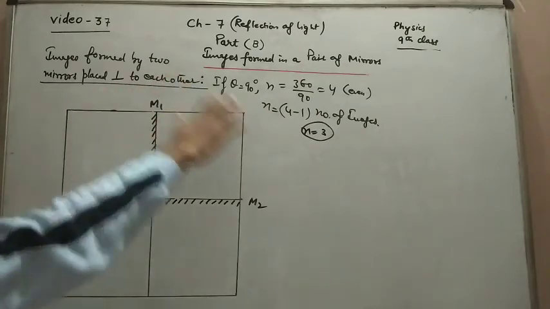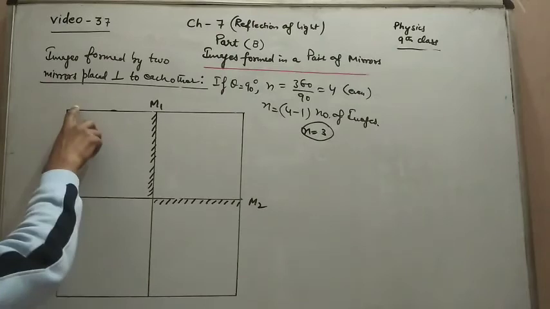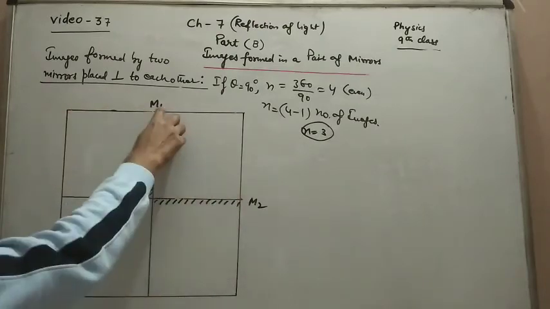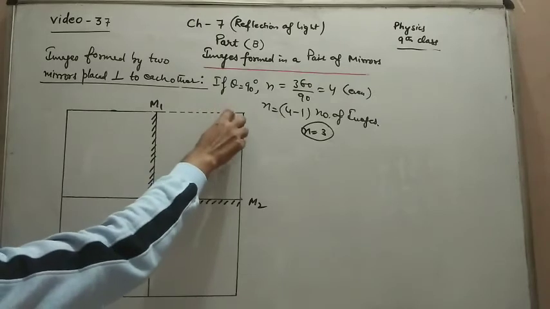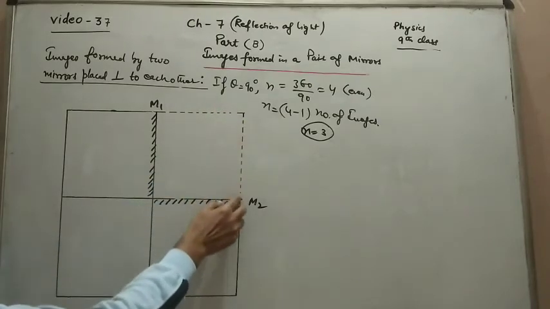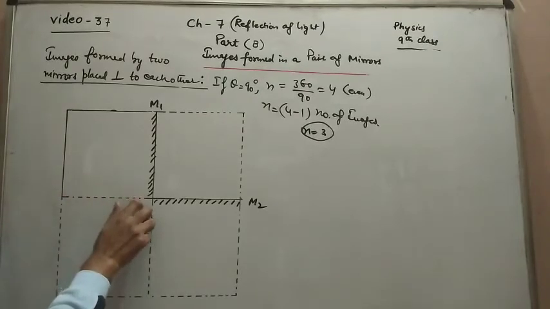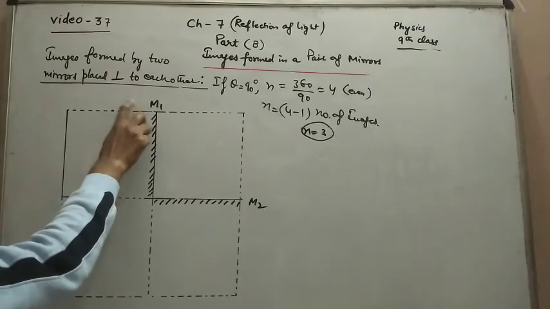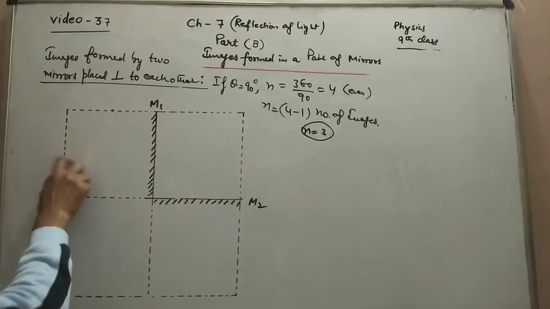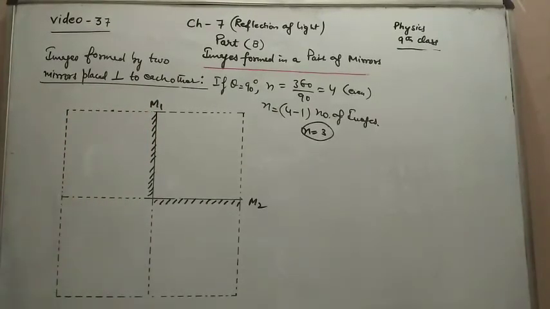So first of all, draw this square, and these are the two positions for the mirrors. It will be dotted because these are virtual ones that I am going to take in a dotted way. Because these are not anything real. So virtually whatever is there, in physics we represent that particular thing as a dotted one.